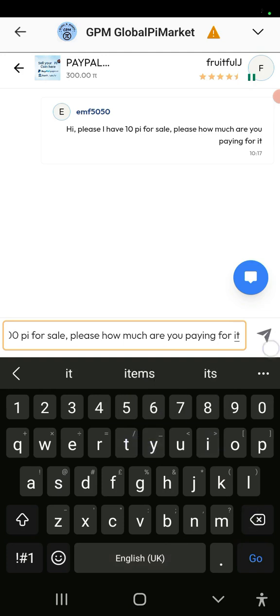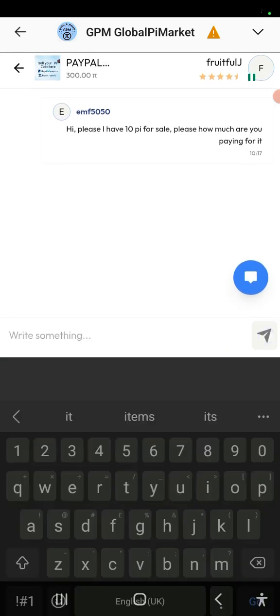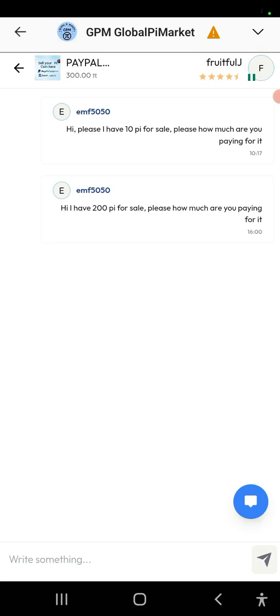So this is the send button. I will tap on the send button. So let's assume that the seller is in the market or is back to respond to me. Yes, it will tell me how much is currently buying it, and I will have to agree or not. When we are done with our agreement and I have agreed that okay, I'm going to receive payment, then